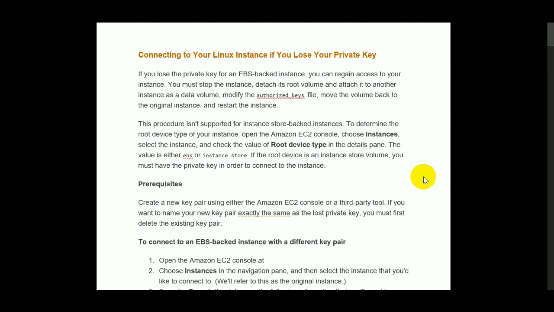Hello friends, in the last video we learned how to connect a Linux EC2 instance through your Windows machine using a key pair. But suppose you forgot or lost the private key from your laptop, or your laptop got formatted and you don't have the PEM file and PPK file. How will you be able to connect to that machine? That is what we are going to learn today. We are going to recover your private key, and then we will try to connect to your EC2 instance. So let me show you